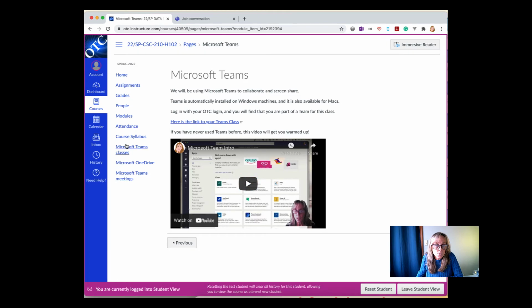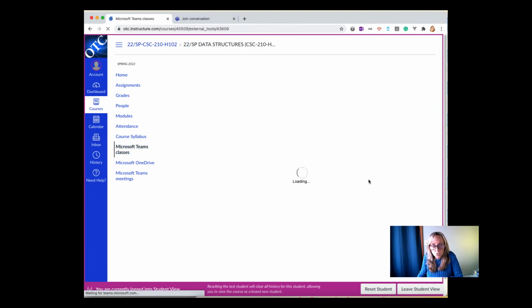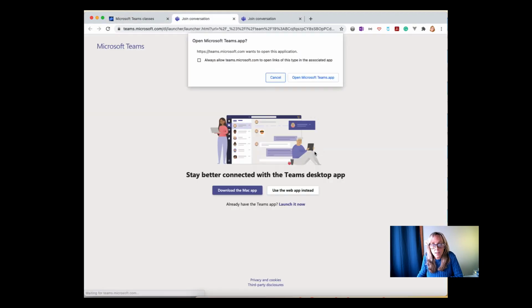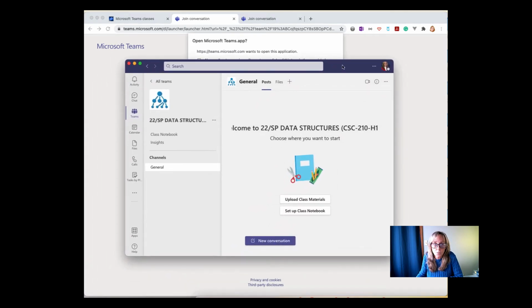Anyway, also new this semester, just so you know, here in the menu, you'll also see a direct link to Teams. So if you click on this link, you should see our class. And if you click on that class, you'll be asked, do you want to come in the browser? Do you want to pull up your Microsoft apps on your computer? And when you do that, it's going to end up looking like this at the moment, because we really don't have that much in it.